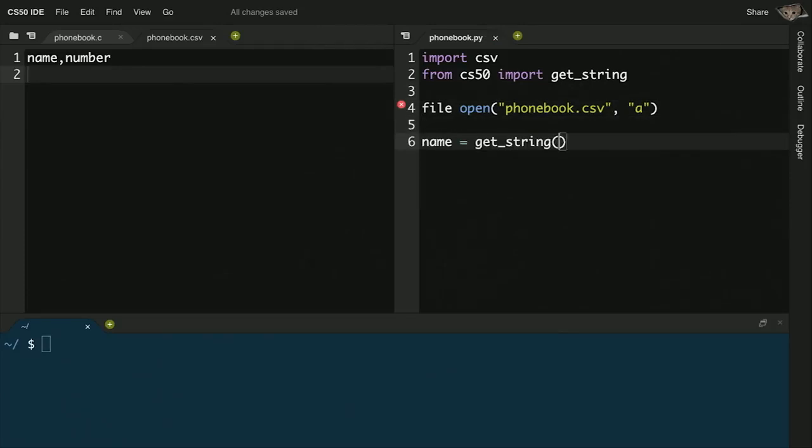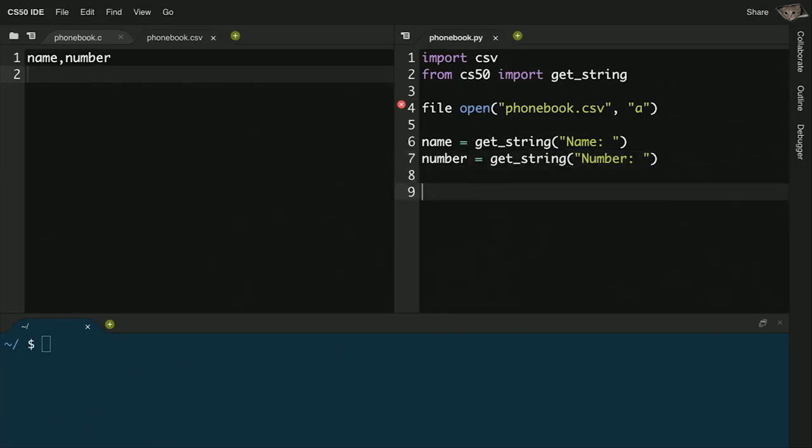So get string name. Let me go ahead and get their number via get string as well. Whoops. Number equals get string number. And get that from the human. And now this part's a little new. But again, this is the kind of thing that you just Google when you forget the syntax for something